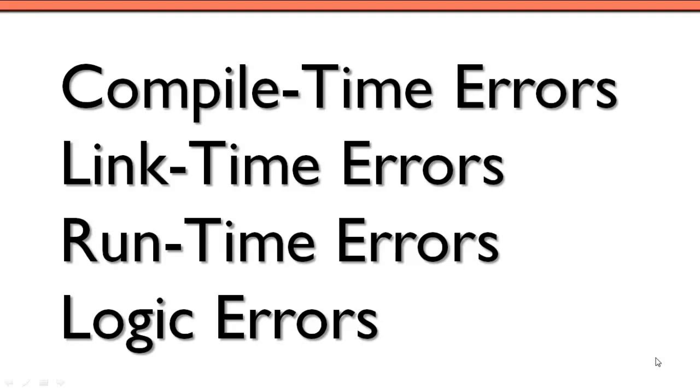Okay, so in this video, I want to look at the four different types of errors that you can get in C++. So that's the compile time, link time, runtime, and logic errors. So let's go over to Eclipse and take a look at a small program in which we'll exhibit all four